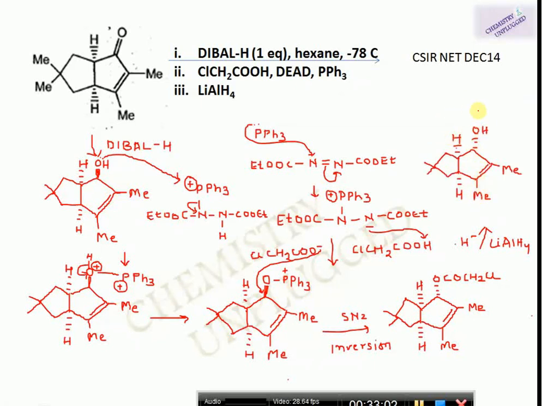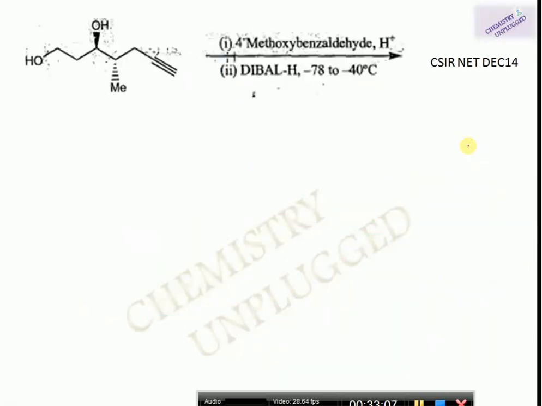Then the next example is again from December 14 and we are using 4-methoxybenzaldehyde in acidic medium and DIBAL at low temperature. So in the first step we have 4-methoxybenzaldehyde. Now because we are using acidic medium, this H plus will attack on the oxygen of the carbonyl group. Now this group will attack on the reactant and this bond will shift here and the lone pair present on